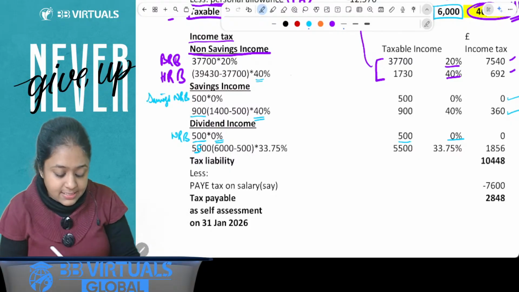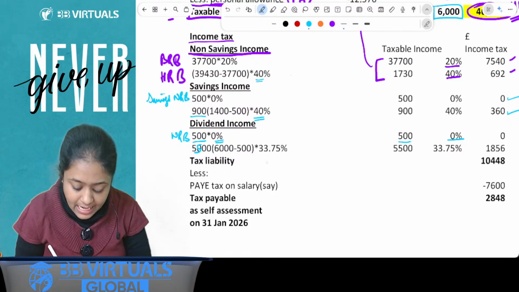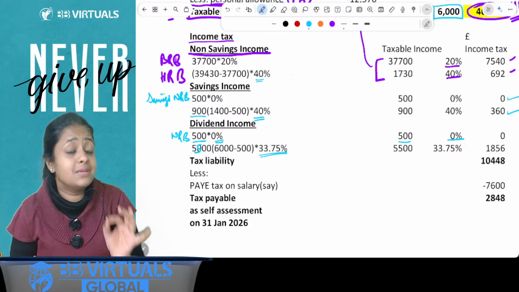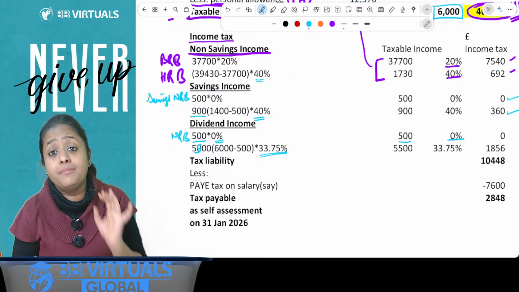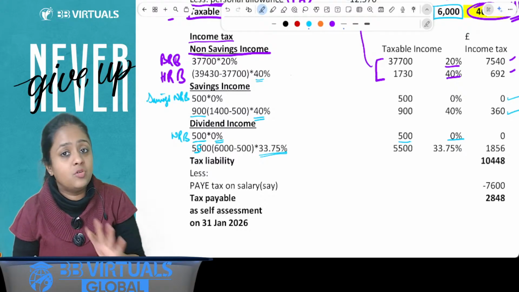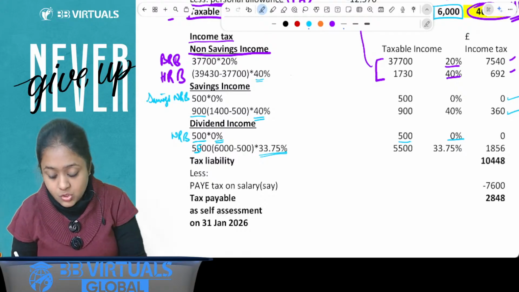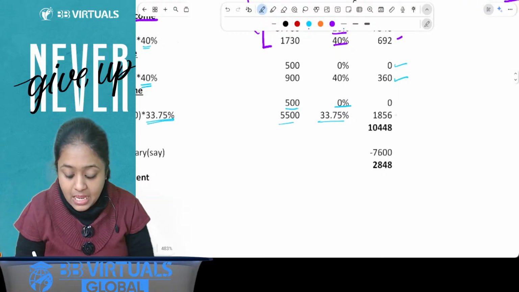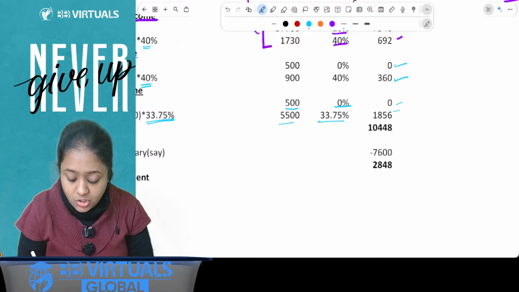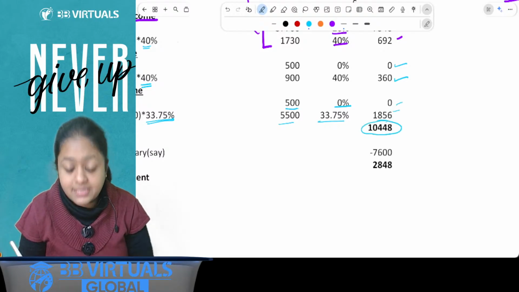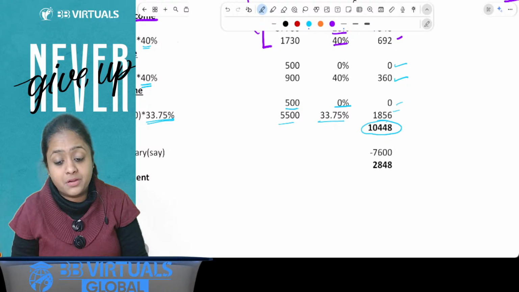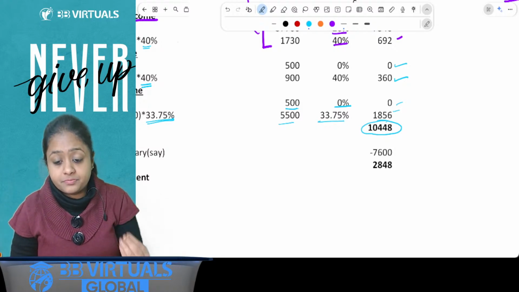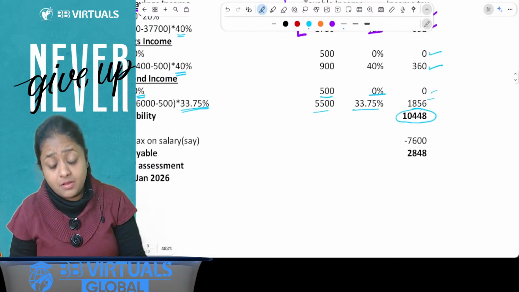So I will take this remaining income of 5,500 at 33.75%. Got it? Just remember you apply the rate applicable to dividend income, not the normal rate of 40%. So you take 5,500, tax it at 33.75%, get the totals, and the total income tax chargeable on this income is